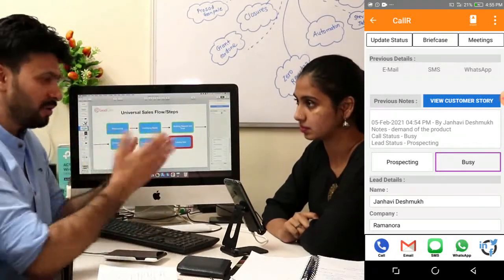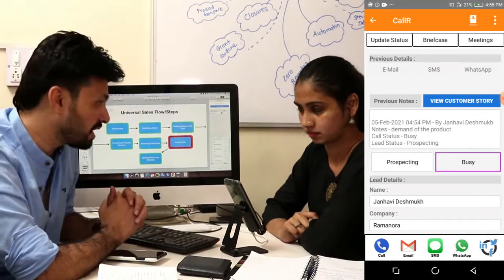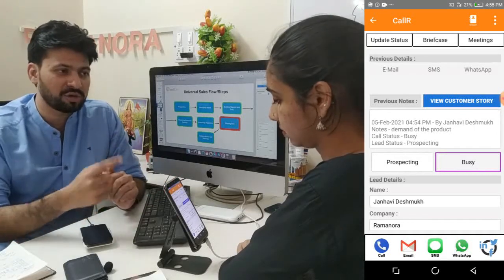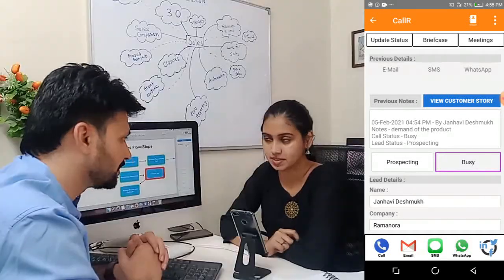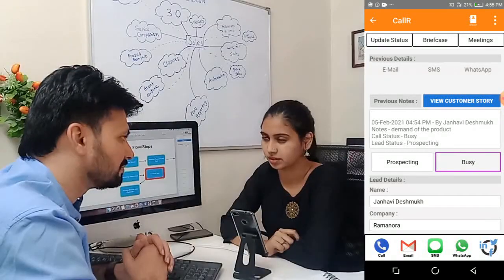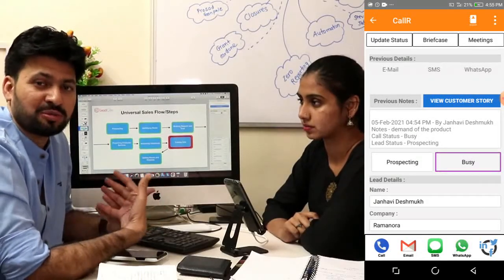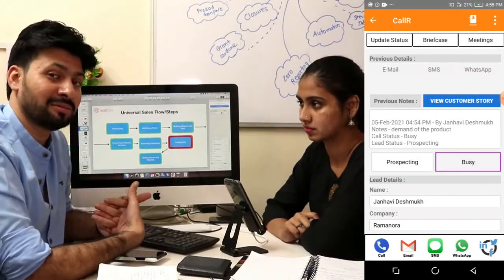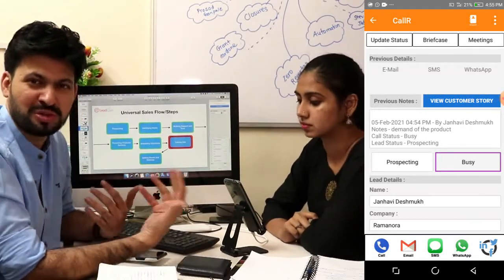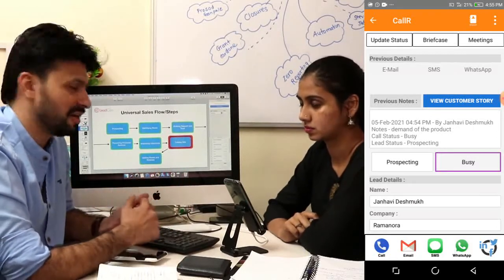Now, as she has put in that the customer has demanded more information about the product, which could be sent via email, SMS, WhatsApp, next to the call icon you can see there is email. So, Janvi, how much time do you take to send an email? 5 minutes. Similarly, you are supposed to ask the customer, sir, how much time do you take to send an email? To which the customer responds 2 minutes, 3 minutes, 5 minutes, 7 minutes, and so forth. So now let's save their time.